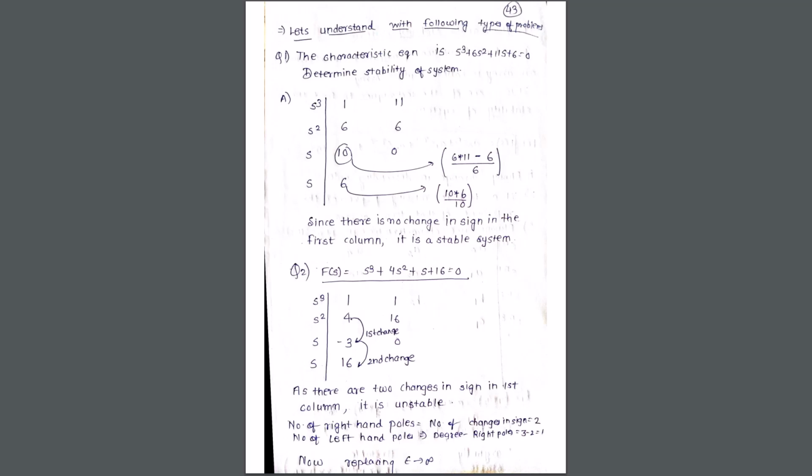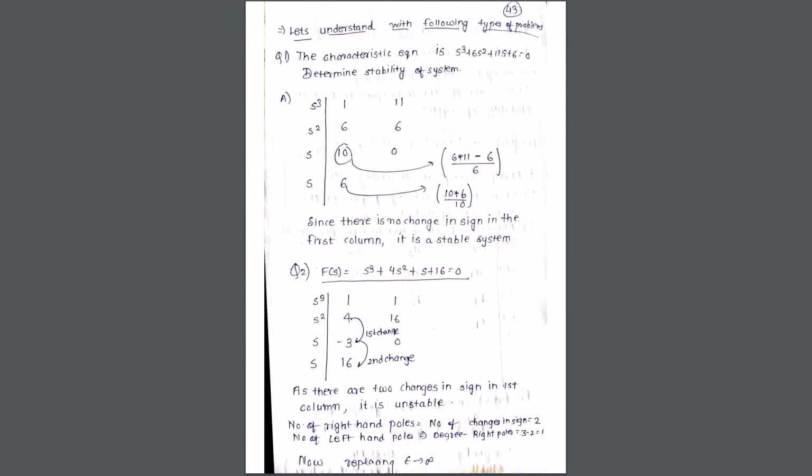I'll again give you a short summary if you have not understood the concept properly. See, Routh-Hurwitz is a particular method in which we are finding out the stability of the system, like many other methods. In this, we are taking the characteristic equation, that is 1 plus g of s into h of s, as 0. We are arranging the equation in descending order, and if any term is missing in the equation, we represent that coefficient as 0. From this equation, we are finding the Routh table. I've explained this, and then we have the terms b1, b2, c1 from the formula given below.